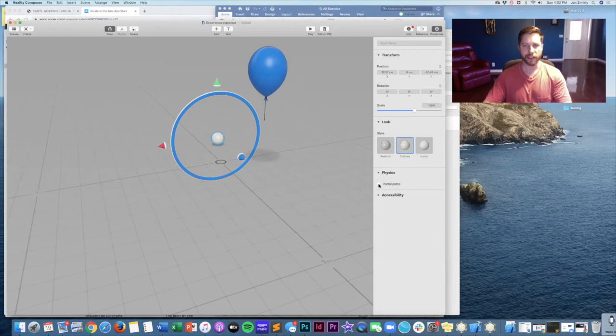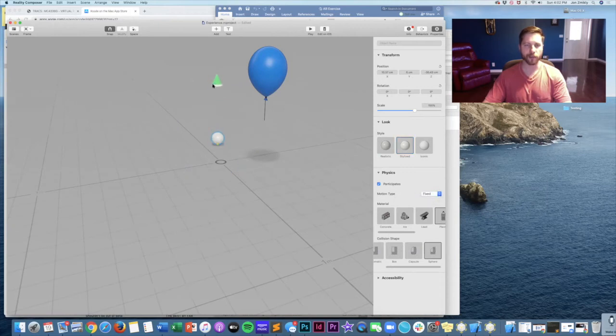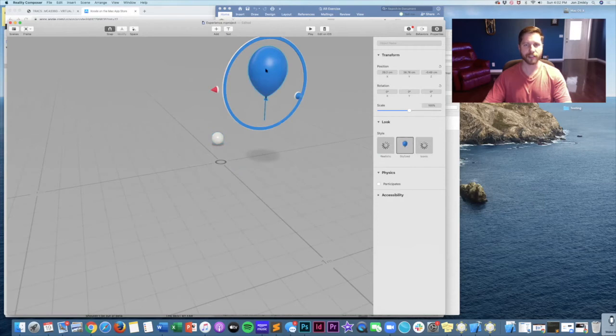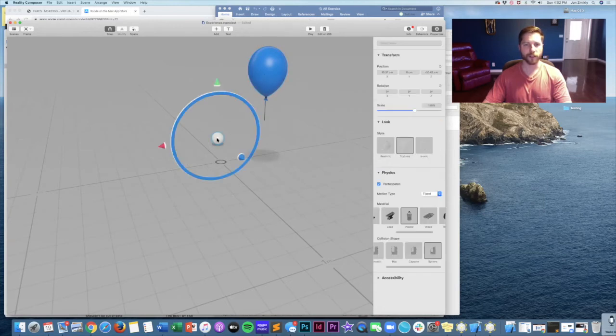Now, physics allows you to create gravity, and you can give it some different effects. For example, if we want this thing to be fixed, and I held it up here, well, the balloon is a good example of that. That is something that we do want to be at least fixed right now. And so if I choose participates in physics, now it's going to be basically stuck where it is, going to float there. Now, if I want this ball to not float there, I would choose dynamic, and that allows it to have different